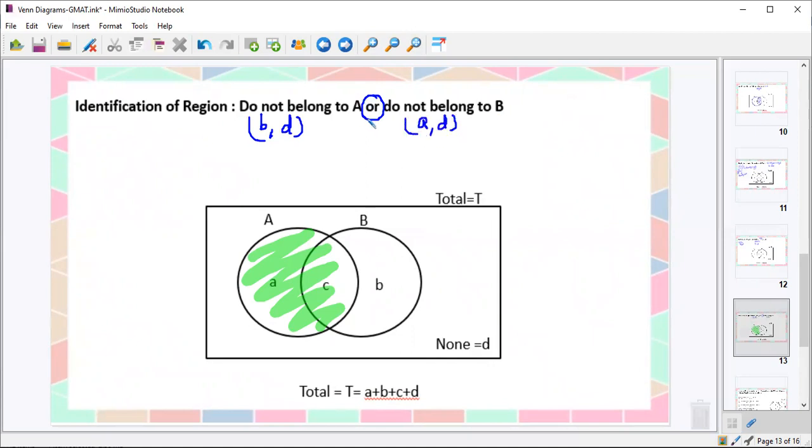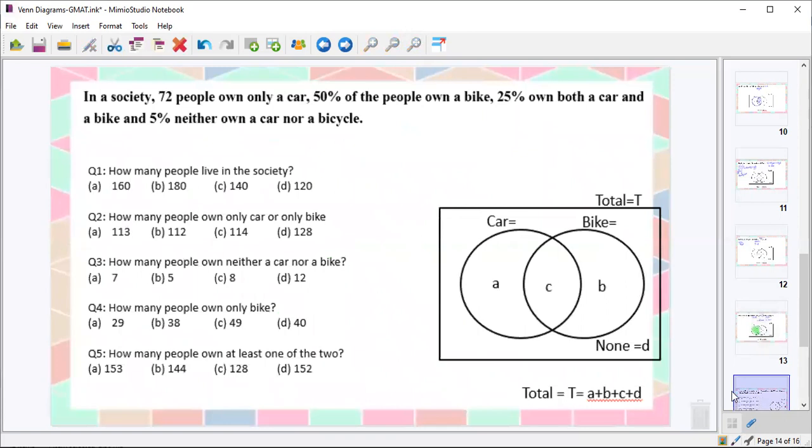Now there's an or operator in between. So first write the common part, which is D, then write the uncommon part, which is A plus B. So the value of this statement is D plus A plus B, or I can write it as total minus C. These are some of the statements which you will come across in your questions. If you can identify the regions pertaining to each of these statements, it is going to make your question much easier to solve. So I'm going to discuss two questions now, which will be applications of these concepts, and will help in more clarity.